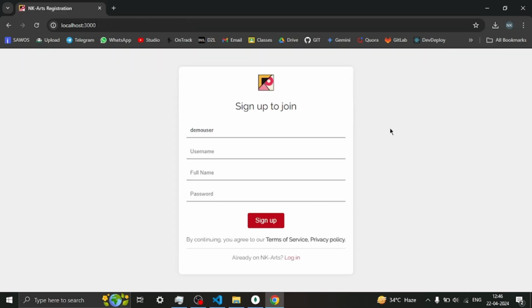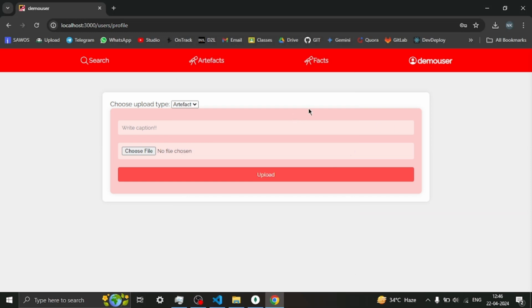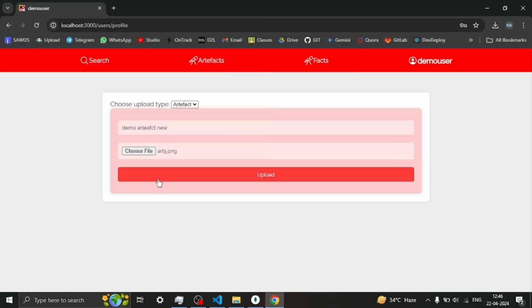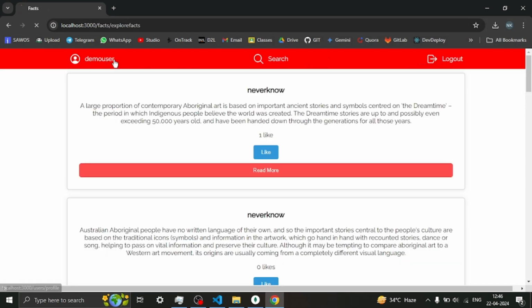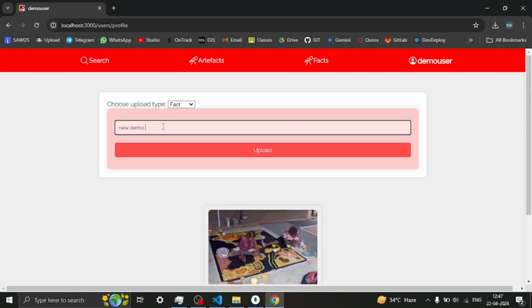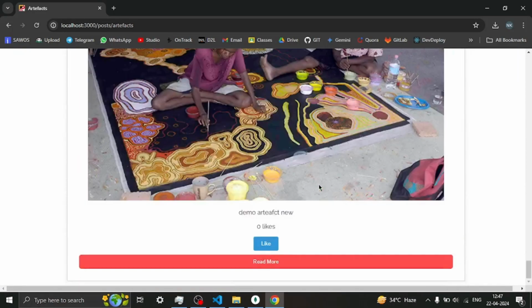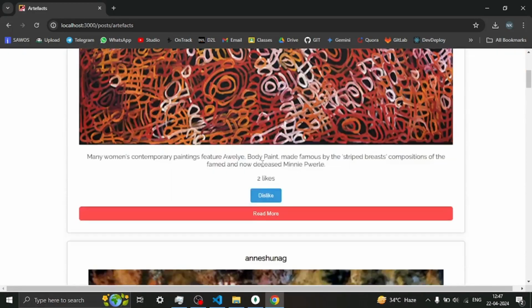Now let's log out and log in with a new user. After logging in with a new user, you can see that the profile page is empty as the new user has not posted anything yet. Let's post some things and check the changes in the database as well as our application. After uploading some posts, we can see that there are changes in all the tabs, including the artifacts tab,